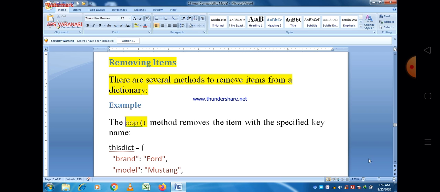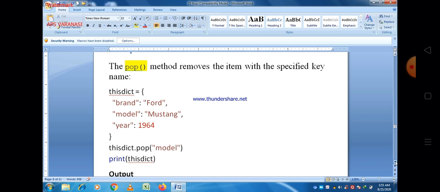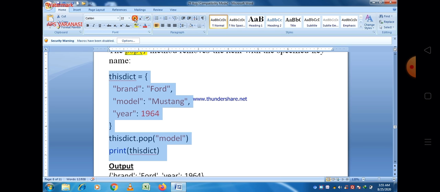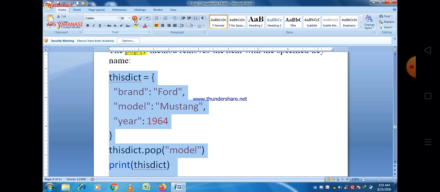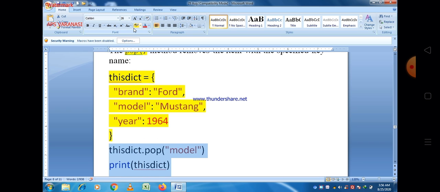So you must give the name of the key to delete a value belonging to a dictionary. This thisdict is a dictionary and you can easily see there are three keys: brand, model and year, and values are also there with respect to them.